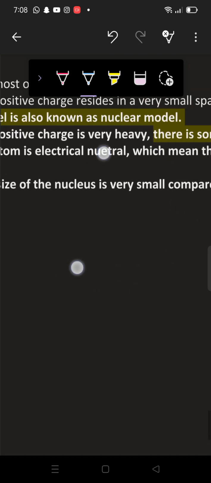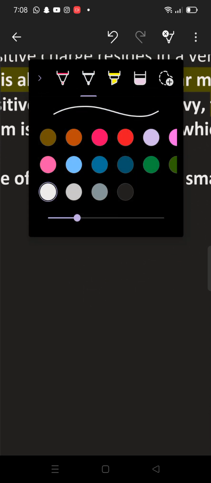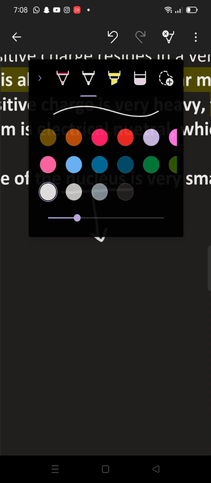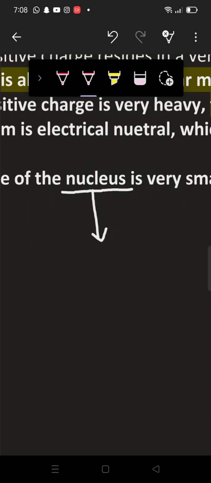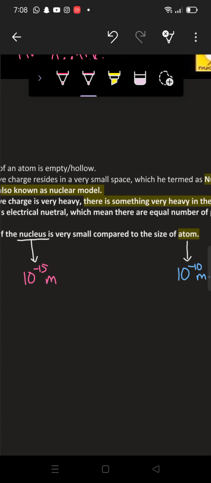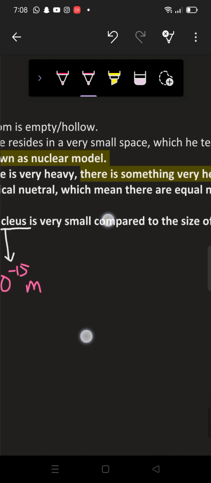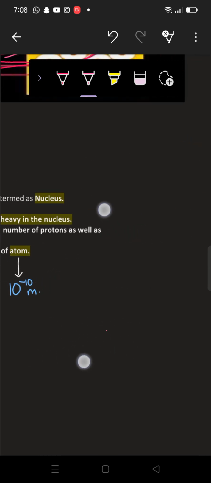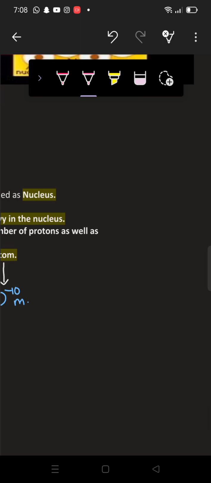However, the size of the nucleus is very small as compared to the size of the atom, approximately 10 power minus 15. It means the size of the nucleus is very small, 1 lakh times smaller than the size of the atom. So the size of,